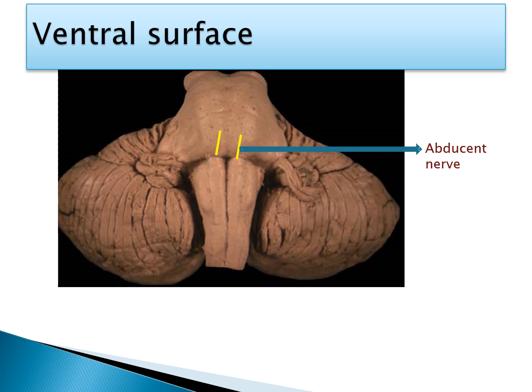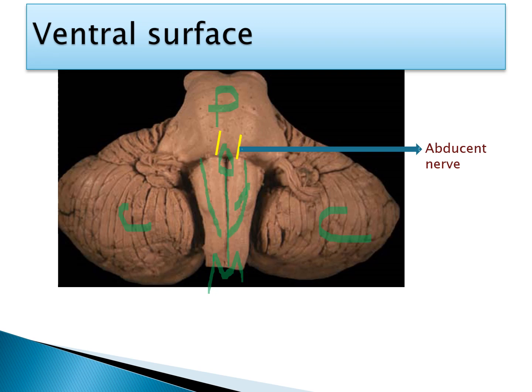So now you can see this is the cerebellum on both sides. This is the ventral surface of the pons and this is the ventral surface of the medulla oblongata. Now we are seeing this is the anterior median fissure and this is the foramen caecum. Now these are the pyramids, these are the pyramids on both sides.